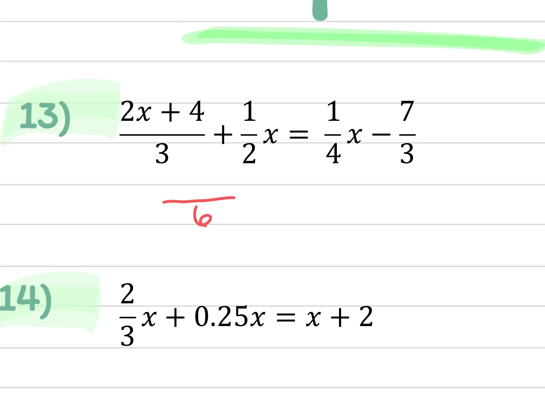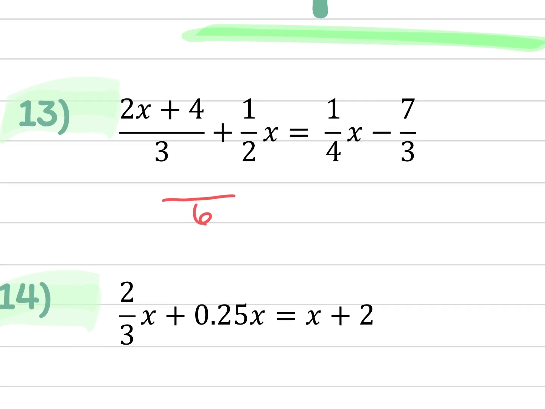6. Okay. So just like we were doing the last couple lessons, look at your first fraction. You have a 6 as a denominator, but you currently have a 3. What do you multiply the 3 by to make it a 6? 2. So if you multiply the bottom by 2, then what do you do to the top? Multiply it by 2. So then you have 2 times 2x plus 4